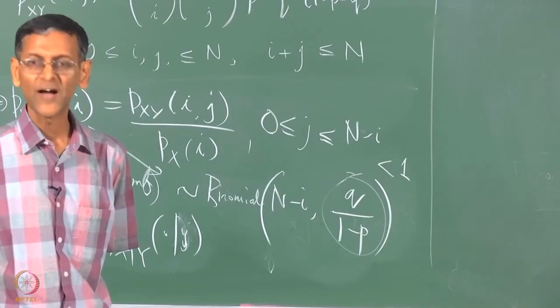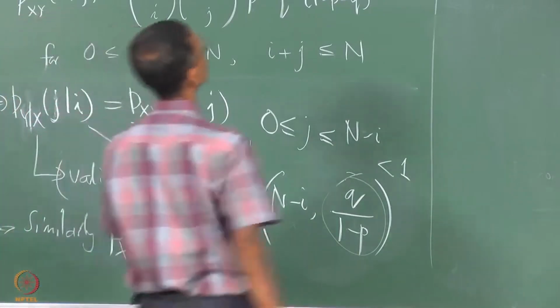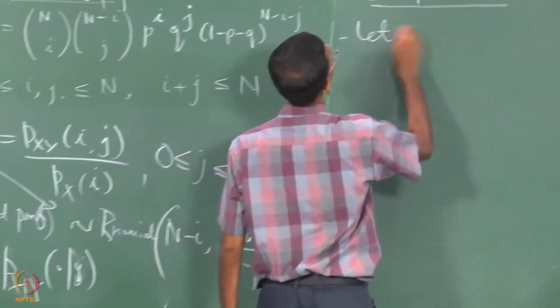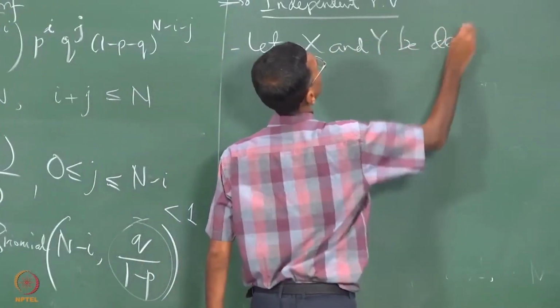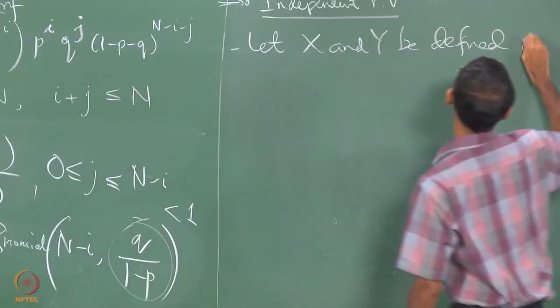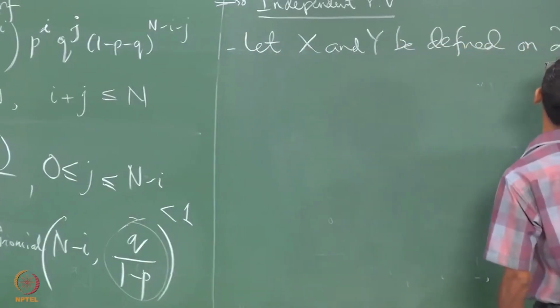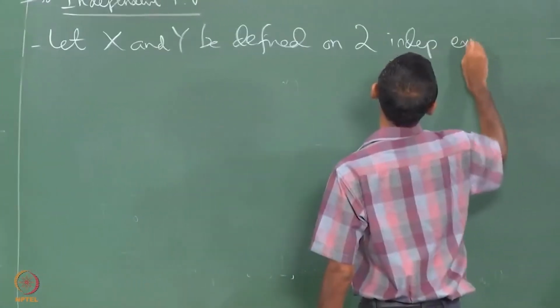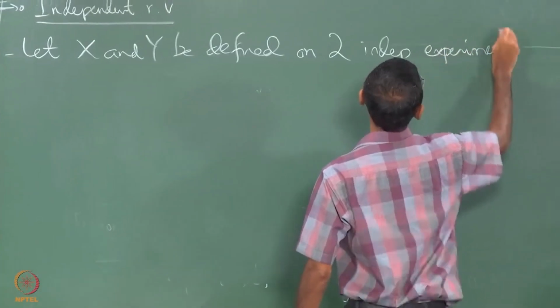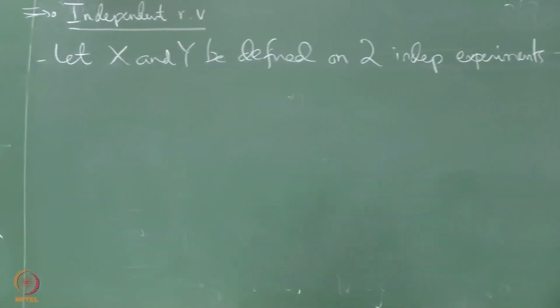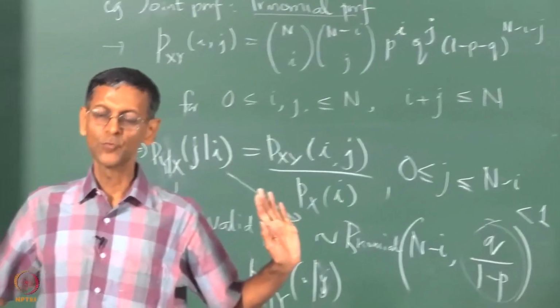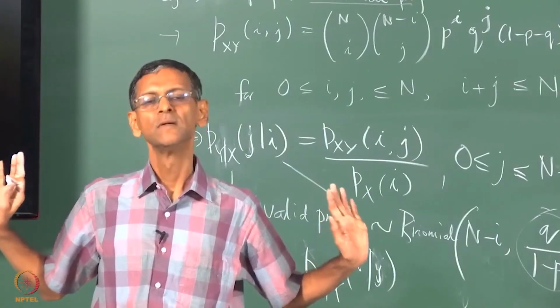X is defined on one. That is, when you start off, you are already coming with this information that we have two independent experiments,